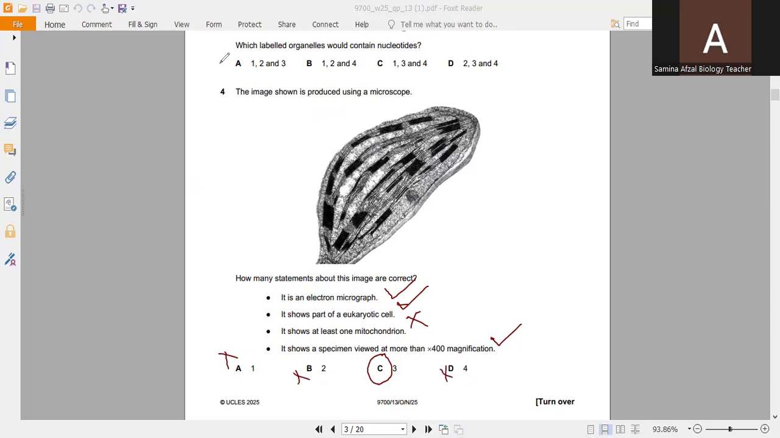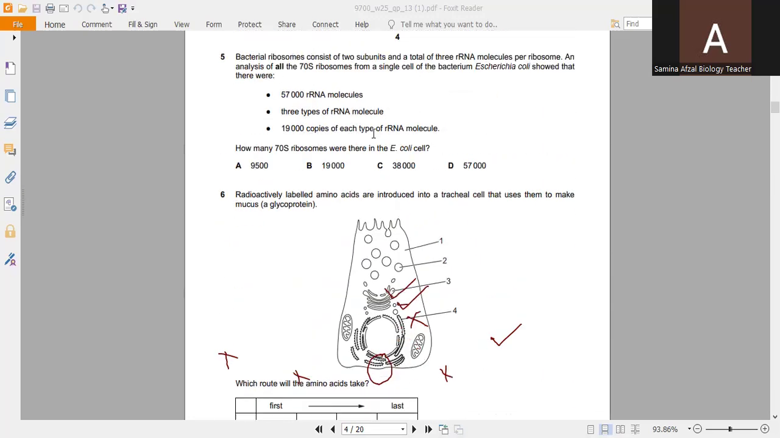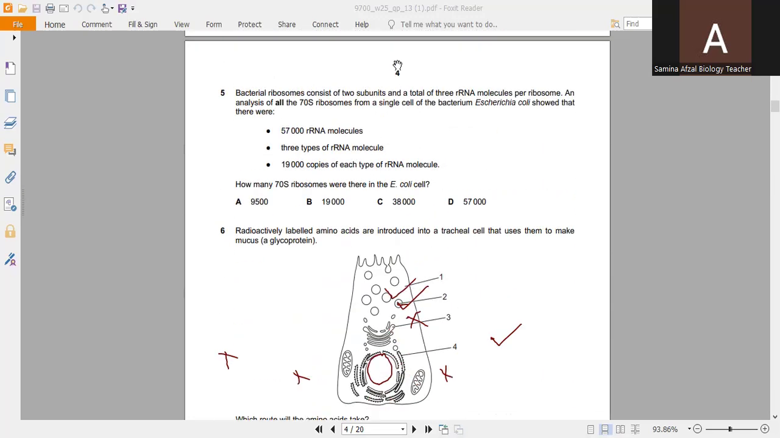Now moving towards question number 5. Bacterial ribosomes consist of two subunits and a total of three RNA molecules per ribosome. Analysis of all the 70S ribosomes from a single cell of the bacterium Escherichia coli showed that there were